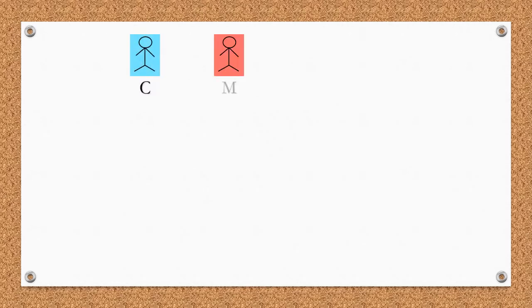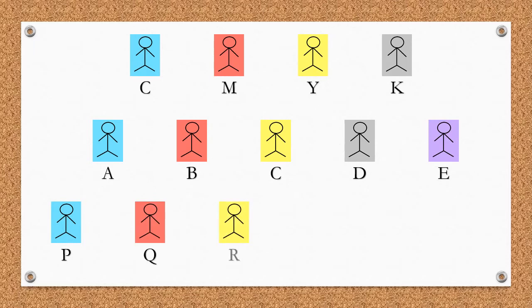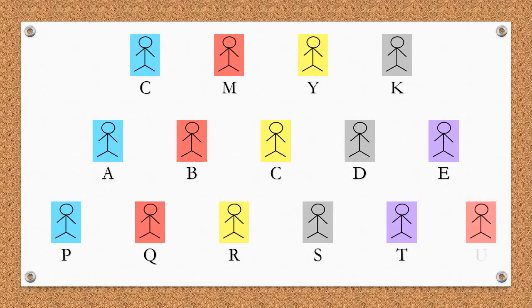If there are 4 friends, can we go with the same logic? 4 friends, 4 seats. The first seat has 4 options, the second seat has 3 options, and so on. What if there are 5 friends, A, B, C, D, and E? What if there are 6 friends? Can we calculate it? Yes, it is possible. But after a certain point, it becomes a tedious calculation. How long are we going to keep on calculating these things?